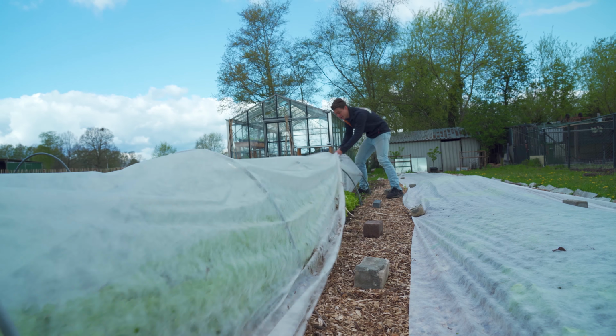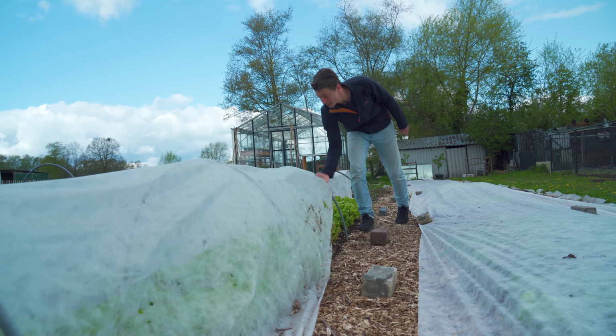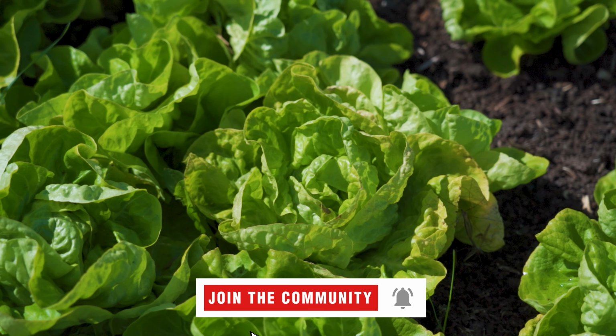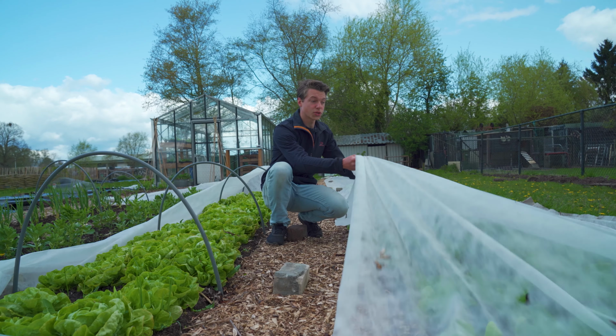Let's open it up because this is what I'm most proud of at this stage here on the garden. These crops are beautiful. We've already eaten quite a few of them, but there's just so many beautiful salad. And I will open this one up